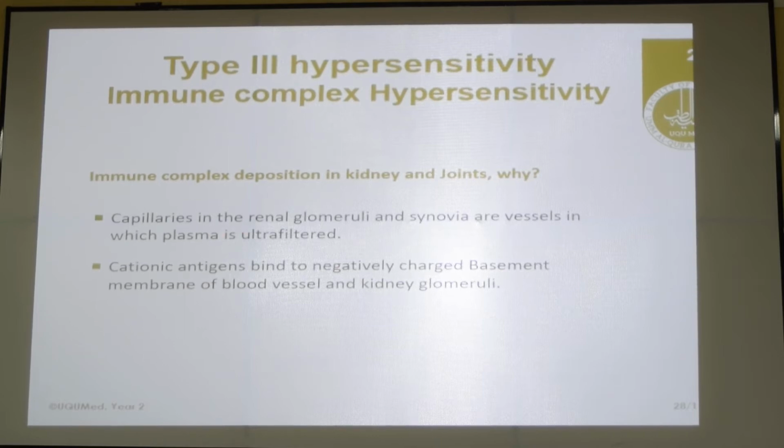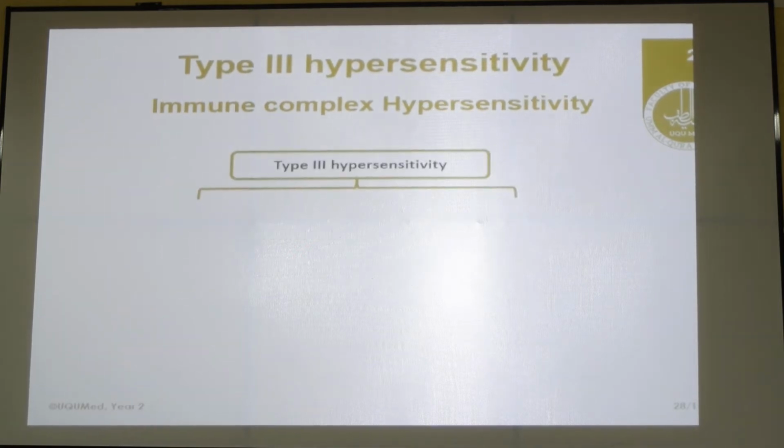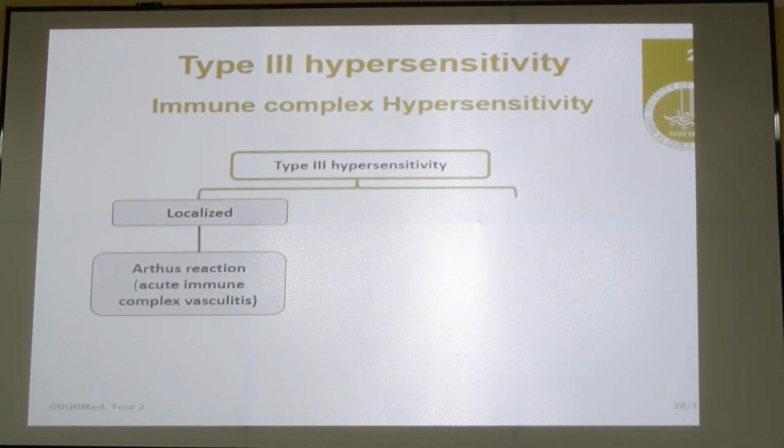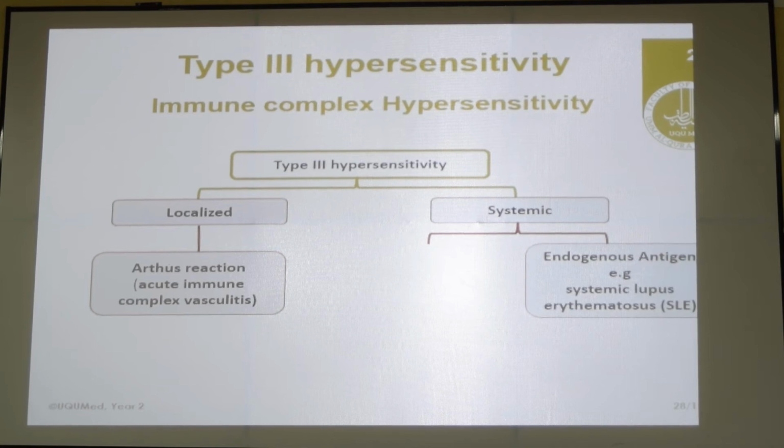And here, explaining the same thing, that is why immune complexes are deposited in the kidney, or in the blood vessels, or in the synovia, because of the increased pressure and negative charge of the basement membrane. Now, what are the conditions? If it is deposited locally, it will result in Arthus reaction, which is local vasculitis. And if it is deposited systemically, the disease is called SLE, systemic lupus erythematosus, and also exogenous antigens can